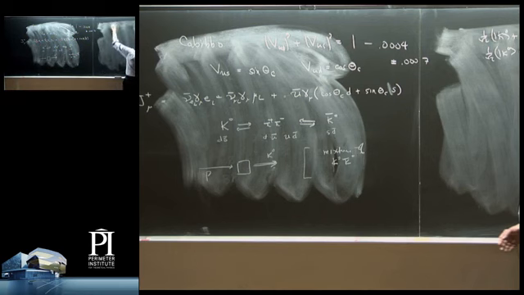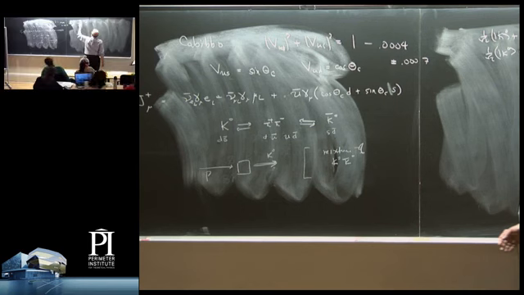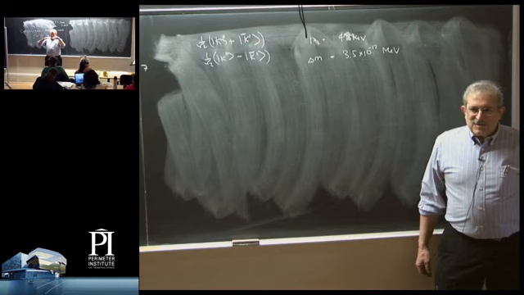There are two linear combinations, K0 plus K0 bar and K0 minus K0 bar. The K0 and the K0 bar are particle-antiparticle, so they have the same mass. So actually, this system starts out degenerate. And then if there's a transition amplitude from K0 to K0 bar or vice versa, I get a very small mass splitting.